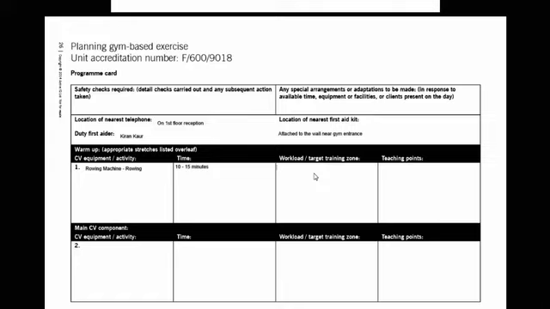We've then got the workload or training zone. If you've looked into Unit 4, we could record this as a training zone. We've got 4 zones. Zone 1 tends to be very easy, really just gentle exercise. Zone 2 is gradual, a little bit more difficult, really looking at using the aerobic system. We're not getting into any anaerobic there at all, so it's something that we could do for a long period of time. Then we've got Zone 3, something like a 400 metre run, which uses the lactate system. And Zone 4 is going to be an all-out sprint. So I'm going to go into Zone 2 for my warm-up.